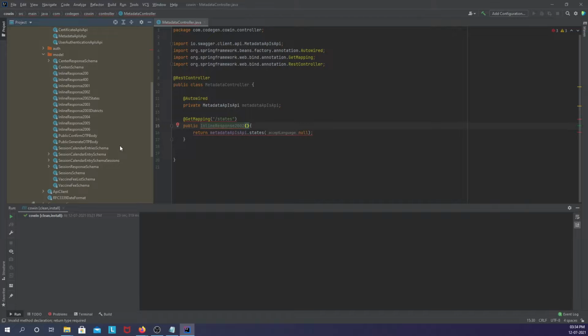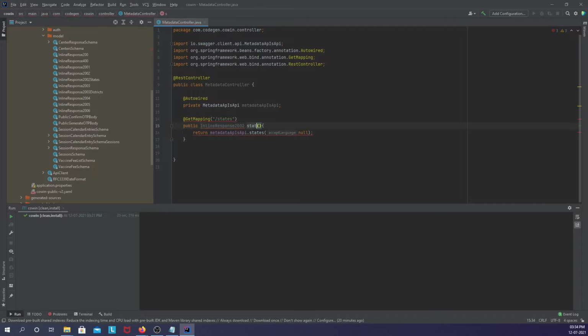The request and response DTOs. So this is the package that has all of these auto-generated classes. For this API, this is the InlineResponse2002 response object.